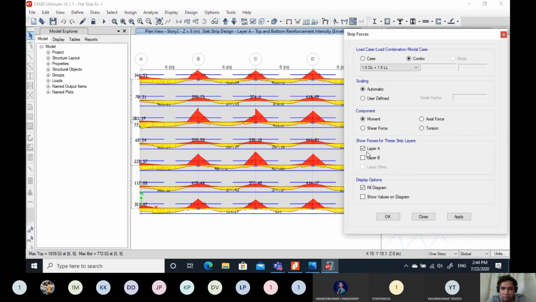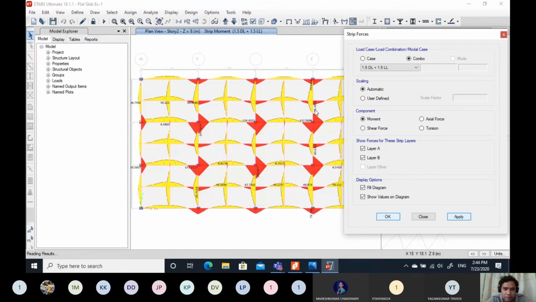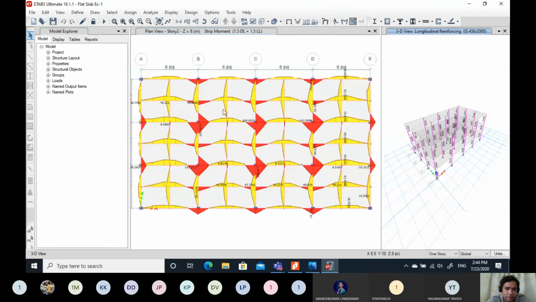Suppose you want strip A, then you can check this. If you want strip B, then check B, and if you want both, then click both and show the load values also. Click apply and click OK. So you can see that both the strips along x as well as along y are shown here. When you move your cursor, it will give you the values.